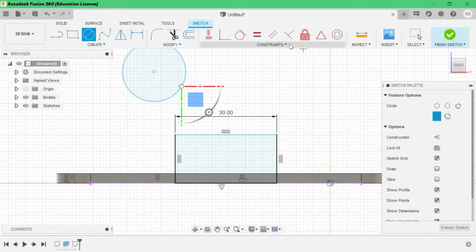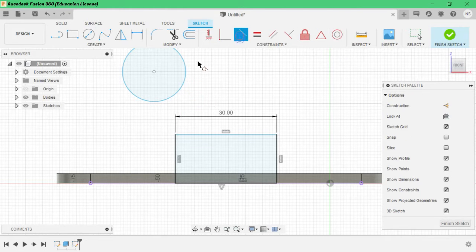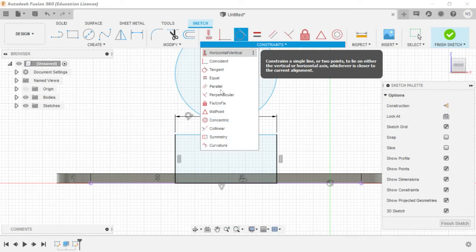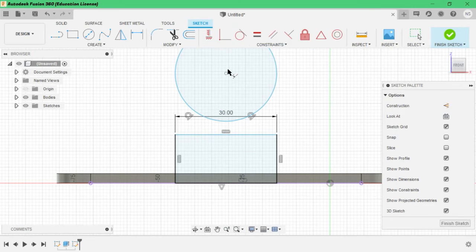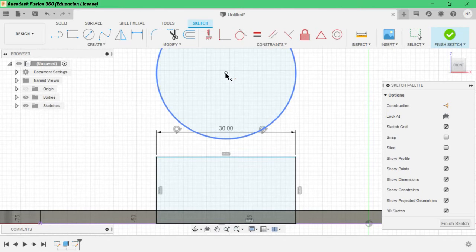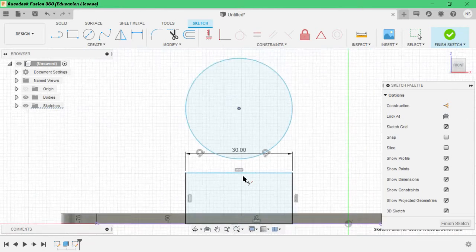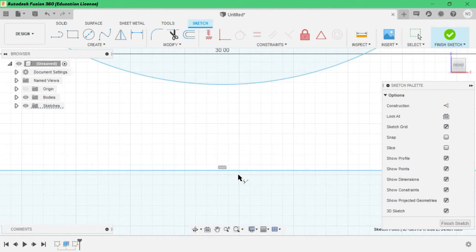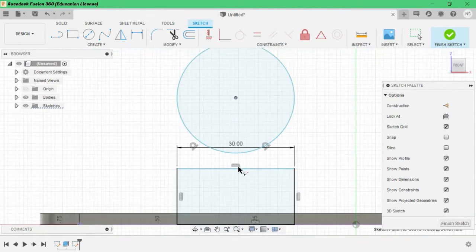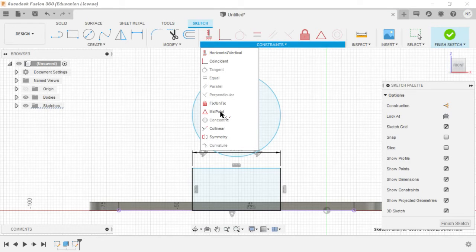As you know, we can give a constraint of tangent using a constraint and again constraint. Now it is a tangent and we will give a collinear constraint. So the point will be with the line, not selecting, what is happening. Collinear.